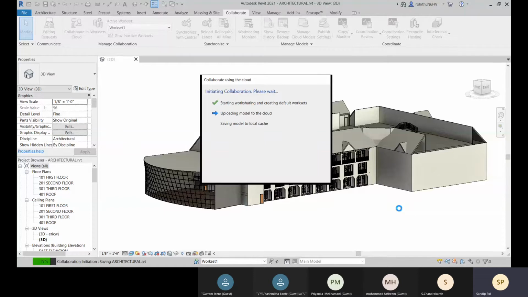They can access the same model, and there you can control the permissions as well. Who has the access? Sorry, how much access you can allow them? That is controlled by the BIM manager or the project manager or the admin of your team.